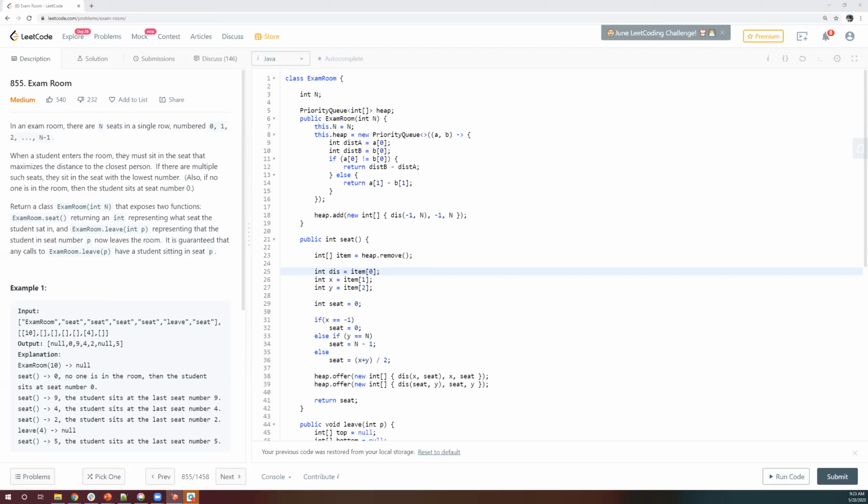But if you are in the middle, you walk through the whole list, and every time you find the maximum distance between them, then find the L and R and divide the sum by 2. So you will get the mid seed. You keep on doing it till you find the maximum distance, and then you insert that seed.